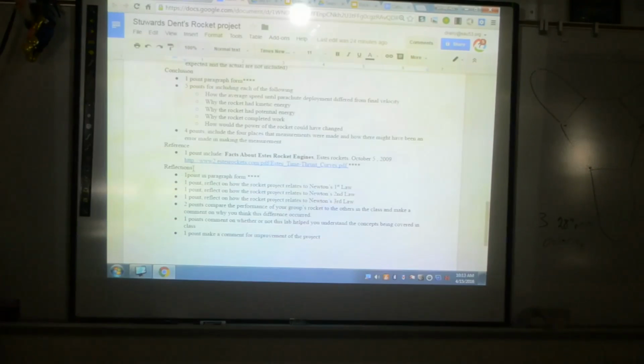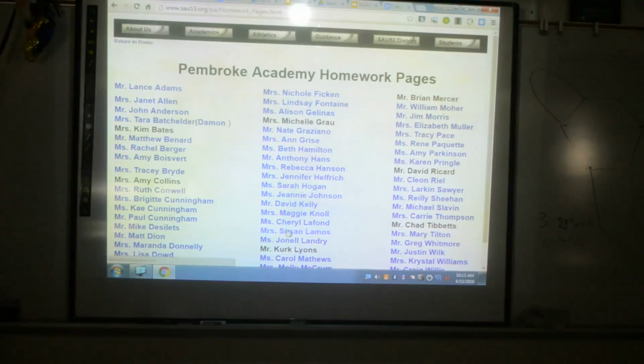Now we move on to our last section, reflections, and this is where I want you to start looking at the terms that we talked about when we first started this unit and reflect how this rocket project relates to those. So we have, how does it relate to Newton's first law? If you don't remember that material, or you can't find your chart that has all the information on, you're welcome to go back to my homework page,